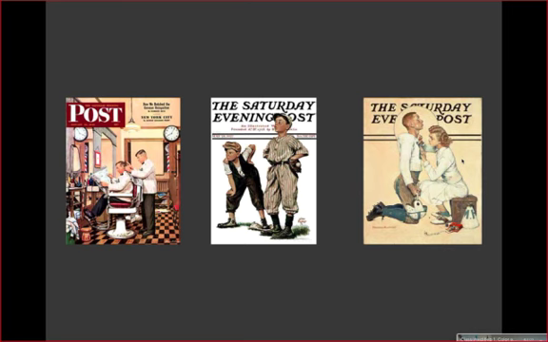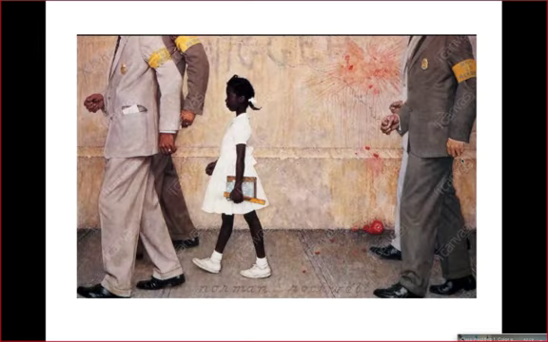The next image is actually by the same illustrator, but it talks about the other side of America. This is a portrait that Norman Rockwell did, which I believe is still hanging in the White House. And the little girl's name is Ruby. I forget her last name. She's still alive. And during this time, the Rockwellian, wholesome time, was a very volatile period for African Americans,